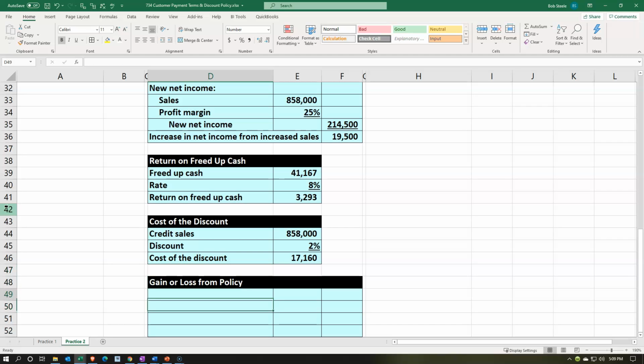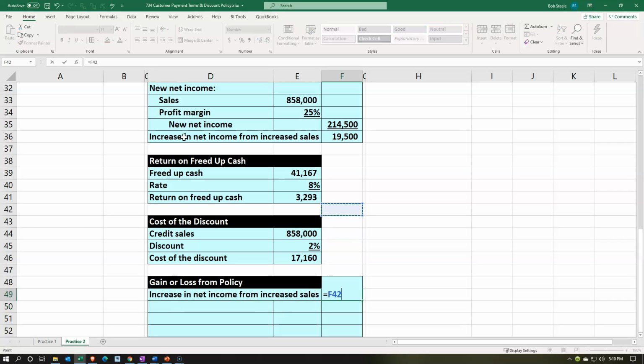So if we figure out, okay, what's the net effect of this policy here, we're going to say, all right, well, we think that there's going to be an increase in sales, which if we pick up the expenses related to that after the profit margin, net sales or net income is going to increase by that 19,500 due to the 2% discount. We think we're going to free up cash due to collecting sooner, and because we're going to get an 8% return on that cash, either through paying off debt where we owe 8% interest, or through an investment where we get an 8% return, we're going to free up and we're going to get another